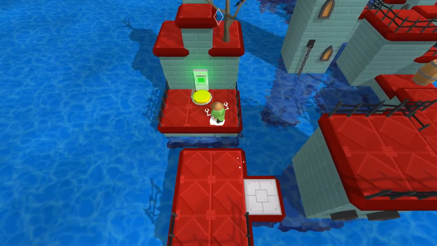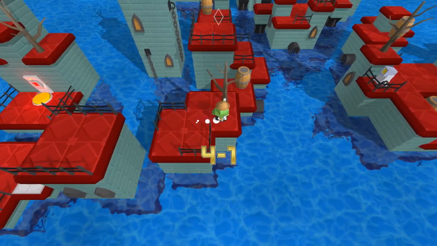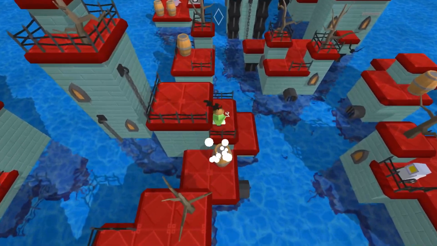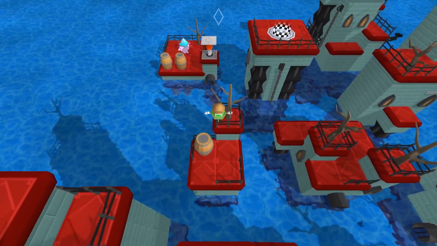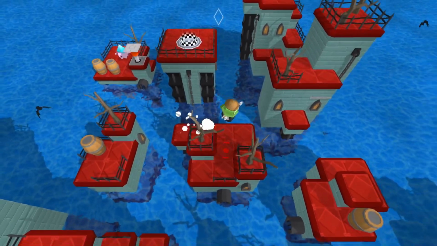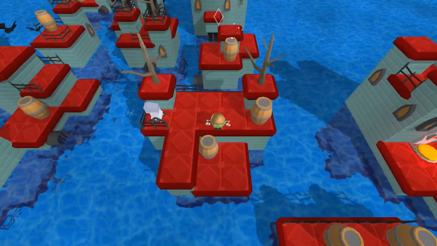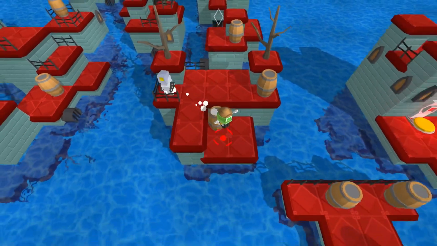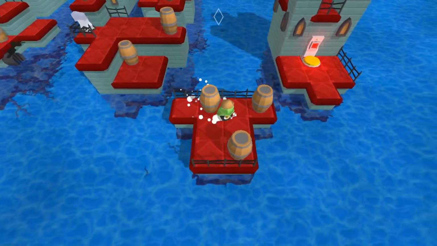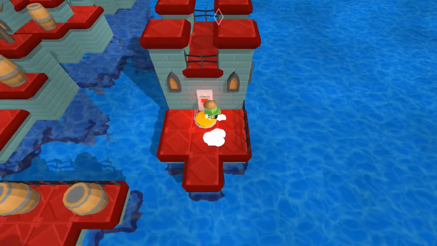Well, thanks. Now I have to die. Okay, how rude. Like I had to jump down there to see what the button did. Alright. Oh boy, shenanigans. Okay, so finally acknowledging fences as a valid way to platform. Be careful around these parts. It's too easy to miss a jump and fall into the water. That's been true for the whole game. So that probably... Whoa, what the...